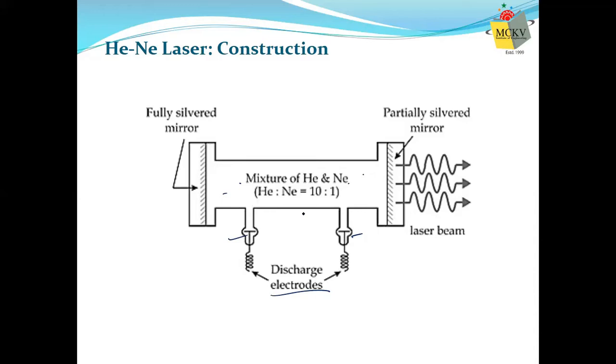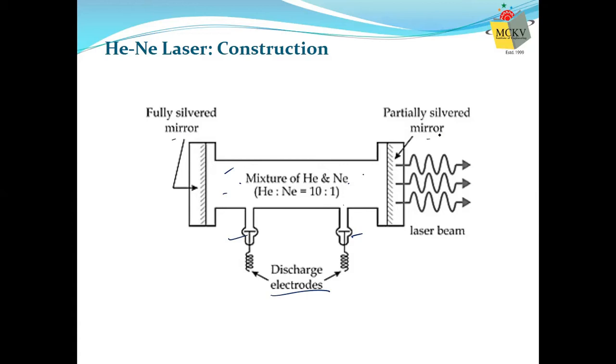Next, you require an optical resonator. For that, again, same process. Only the point is here, the material is gas medium. Therefore, you need to place this gas material within some chamber. So this is the chamber within which the gas mixture is placed, and at the two ends of the chamber, you are placing again two mirrors, two flat parallel mirrors. One is fully silvered, another is partially silvered mirror. This is a basic construction.